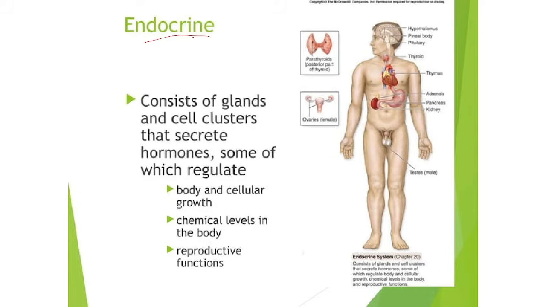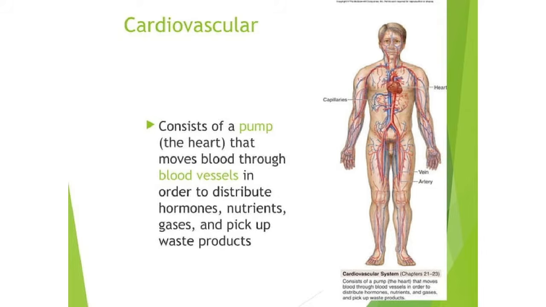And the next system is endocrine. Here we will study about different glands, the secretions or hormones produced by glands, the functions of glands and hormones, and how they are regulated. These systems one by one we are going to study in anatomy and physiology. Again in the second year you will study medical surgical nursing also. Once you study anatomy and physiology, it will be easy to study medical surgical nursing, that means disease conditions affecting these systems.